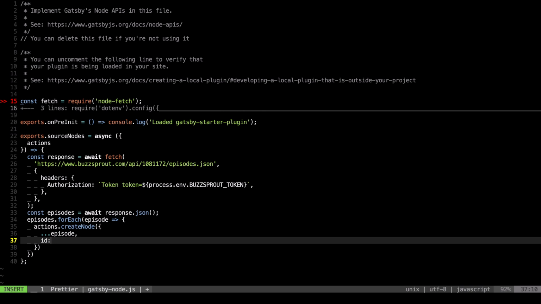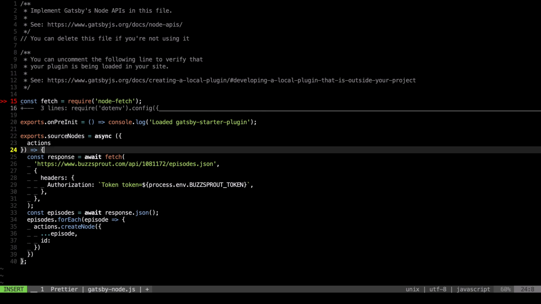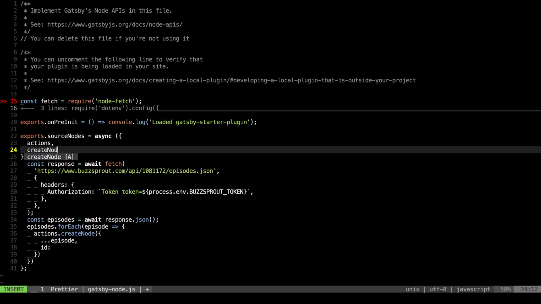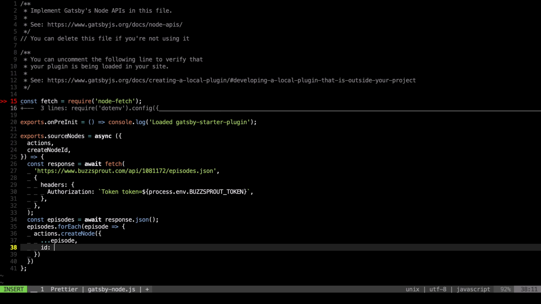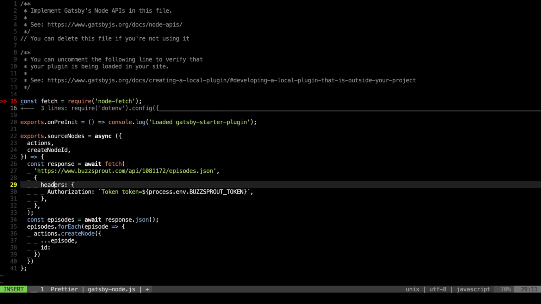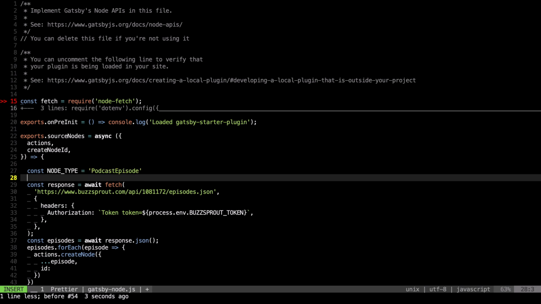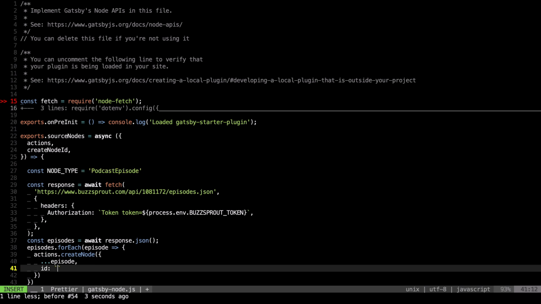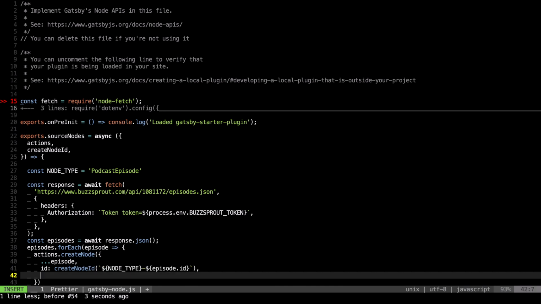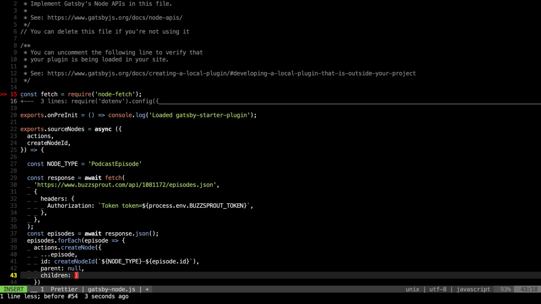Then we need to create an ID. To do that, we will use the createNodeId method from the Gatsby API. createNodeId receives a unique string that represents each node. We will create a new constant called nodeType that will equal the string podcast episode, and then we will use this as part of the createNodeId call within a template literal to add the ID from the episode provided by the API. We also have to add another parameter as the parent that will be null, the children that